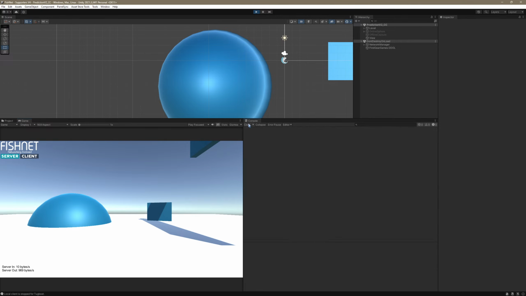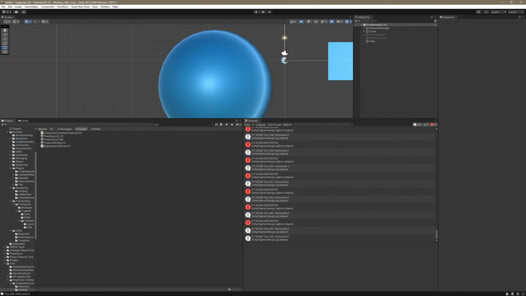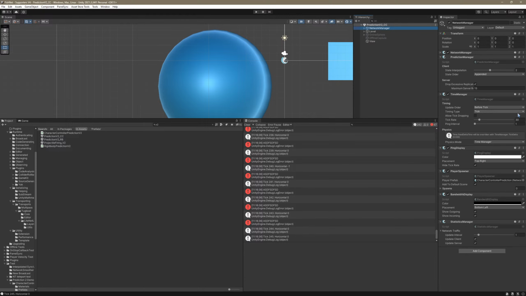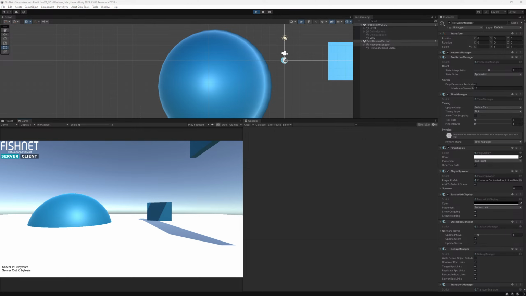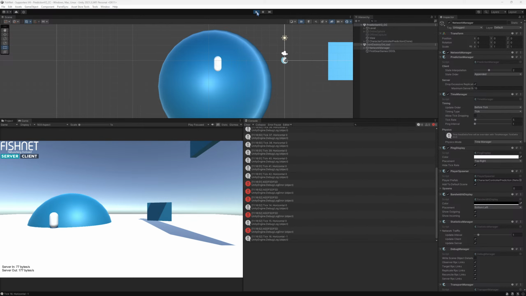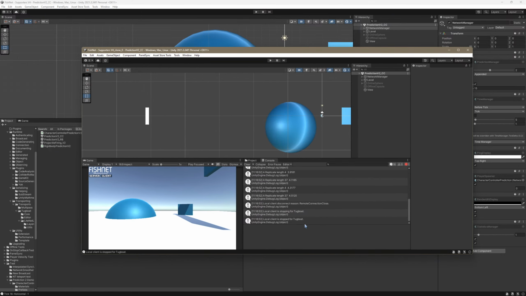Get rid of that. All right, so let's test it out. I'm going to move left. Stop. All right, so I'm going to actually lower the tick rate so it's not spamming as much. All right, so I'm going to start moving left. Stop. Okay, so on the client, I moved left for